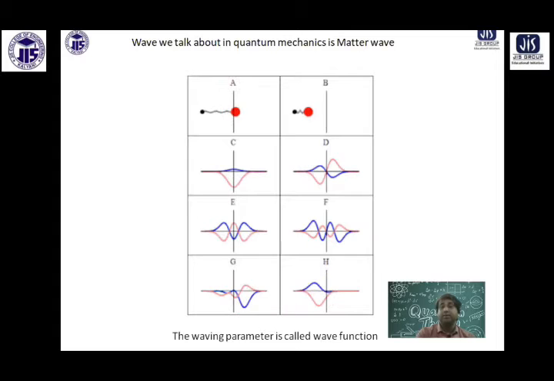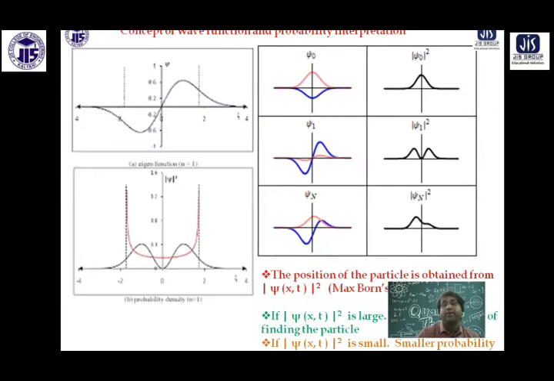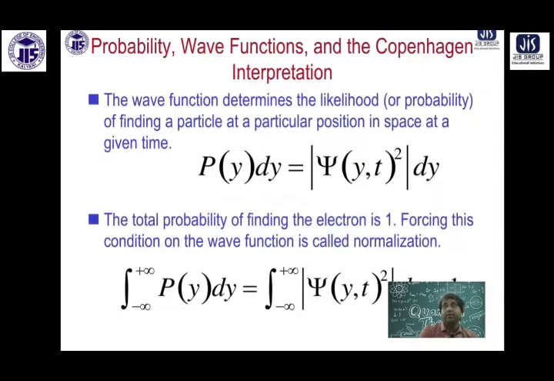Variation makes a wave, which can be both plus and minus if you plot it in a graph. But because probability cannot be negative, we take the variable as a function psi, and psi square gives you the actual probability of finding the particle. So it's a real problem. Suppose an electron is moving around the nucleus. Your first job is to get the function psi, because if you take mod psi square, you can develop an idea where the object is. So knowing psi is the key.